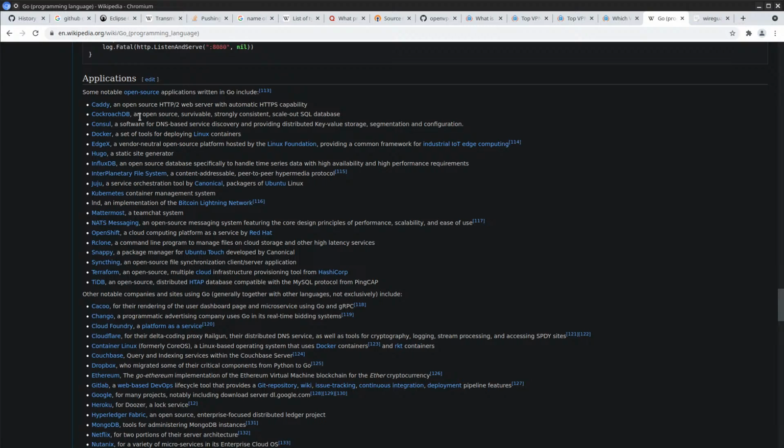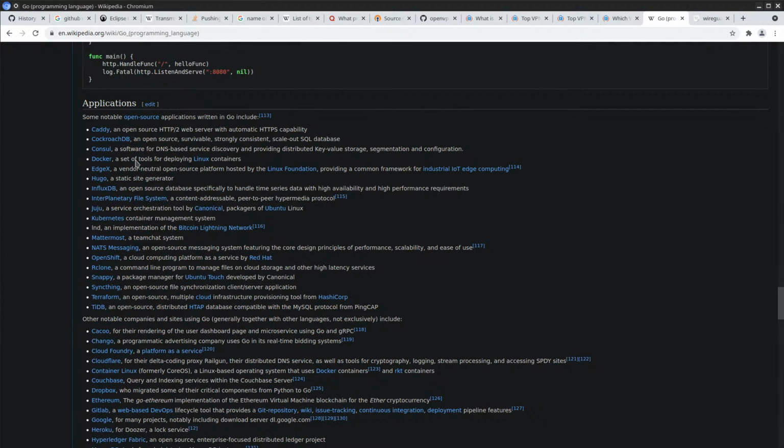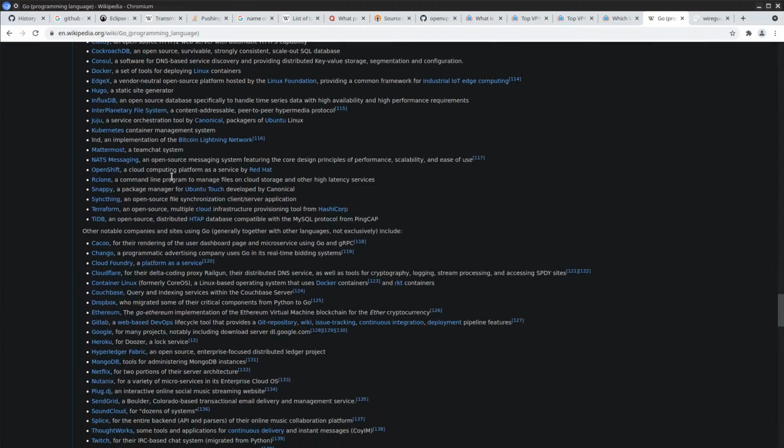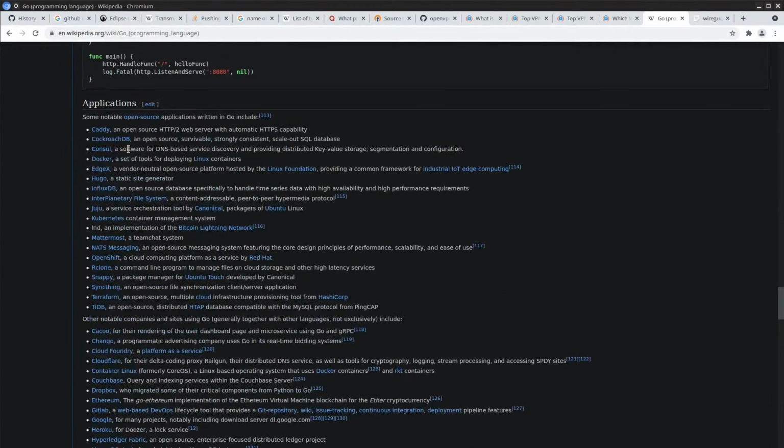Survivable, okay, I'm not really sure what these terms mean, talking about databases. Yeah, the survival just sounds odd. I guess when there is a failure of some sort. I don't know. Okay. Consul. Also for DNS-based service discovery. Providing distributed key value storage.